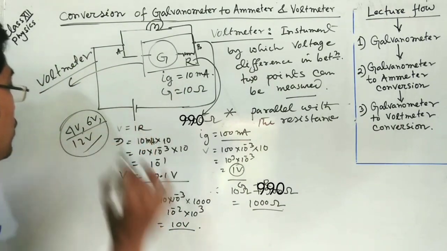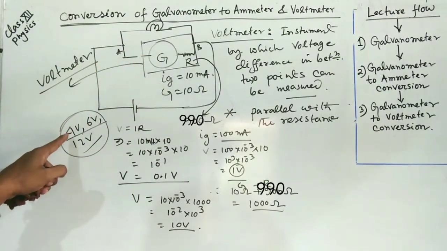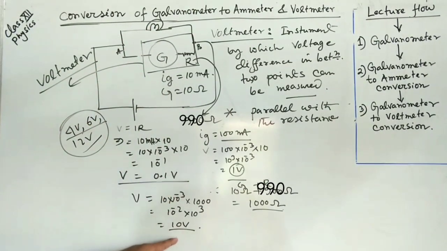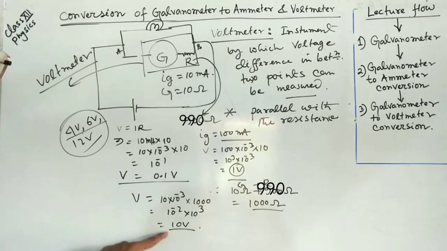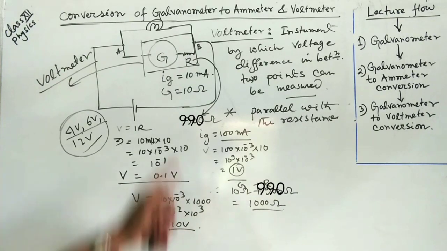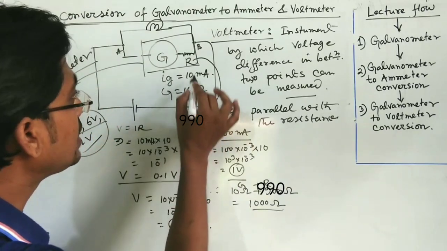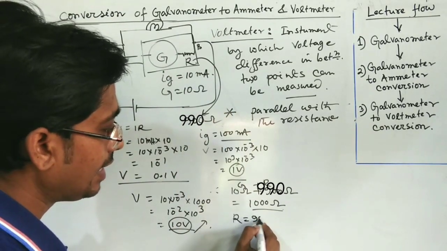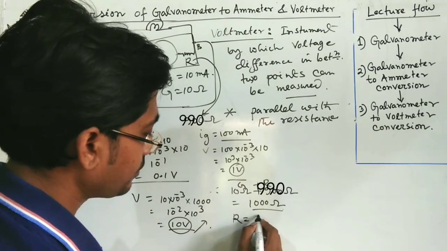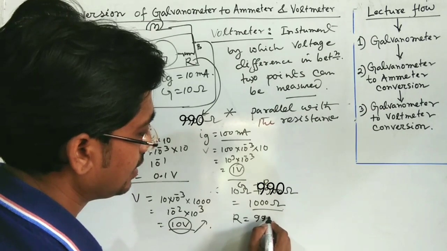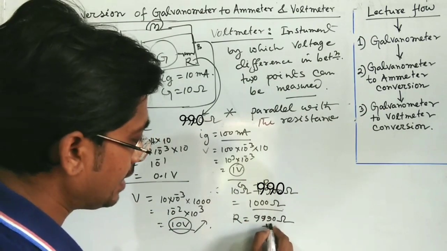Now you can see that 4 volt and 6 volt can be measured. If this bulb has a voltage of 4 volt or 6 volt, then we can measure it, because we have extended the maximum allowable range that I calibrated here to 10 volt. If you want to increase the voltage further, then the R we have taken, 900 ohm, take it as suppose 99900 ohm. Then what will be the total resistance? Plus 10, it will be 10,000.